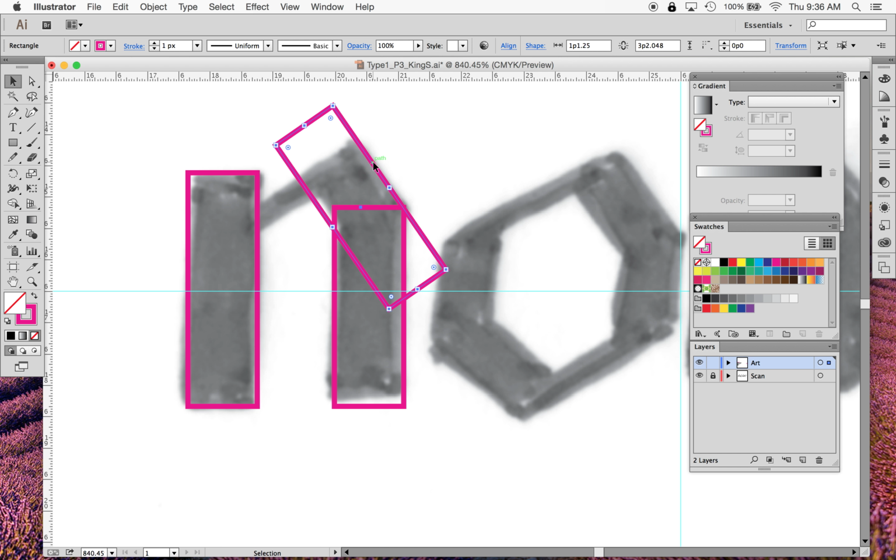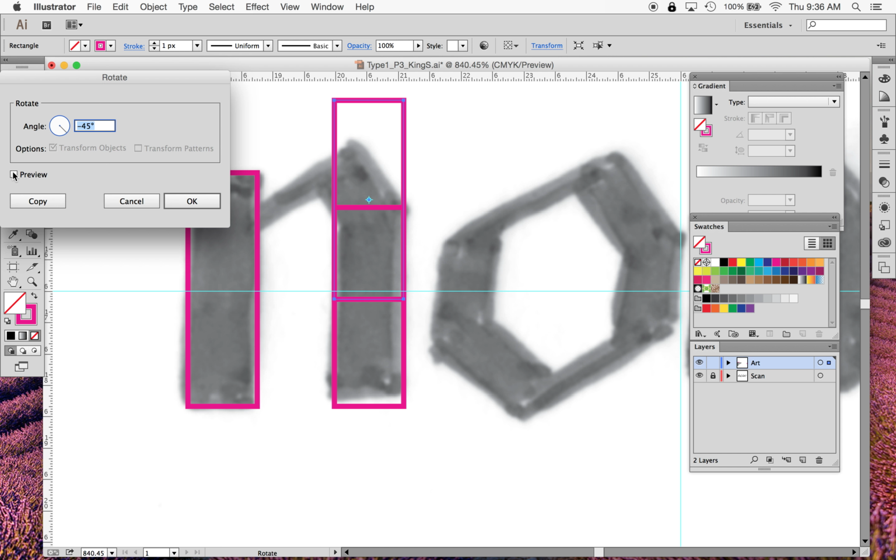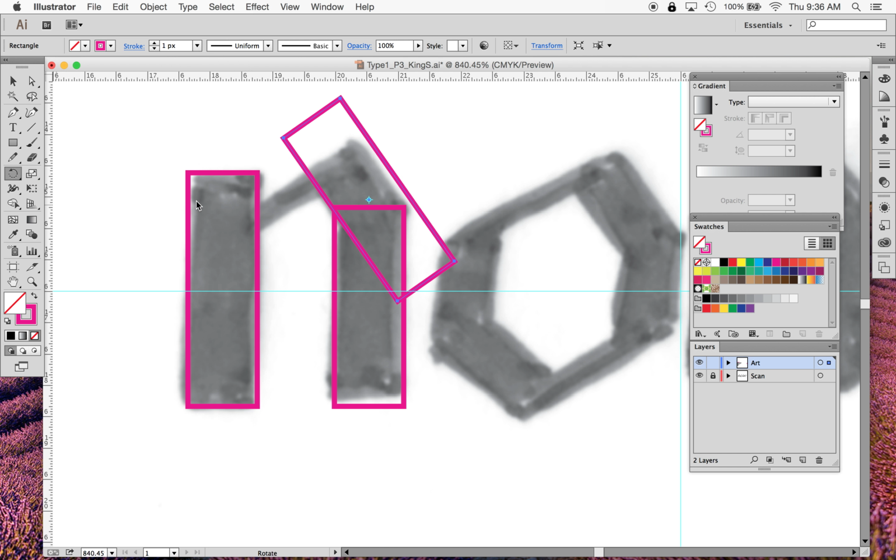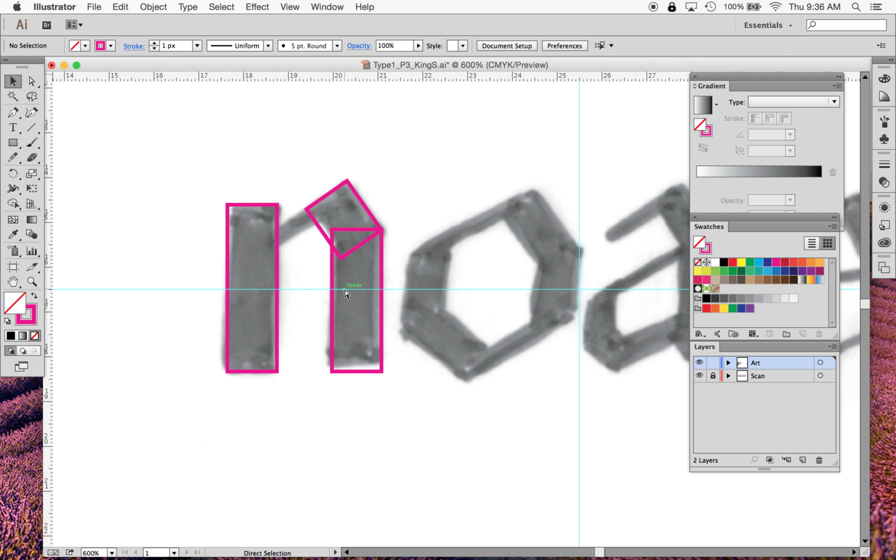Or if you want to be more precise about it, you can double click on the rotate tool and do, say I wanted 35 degrees exactly. You can do it that way. So I'm bringing this down here. I'm going to adjust the height to be the height that I want. That's looking pretty good. That looks about right to me. And I need one more here. Now, if I back out a little bit,